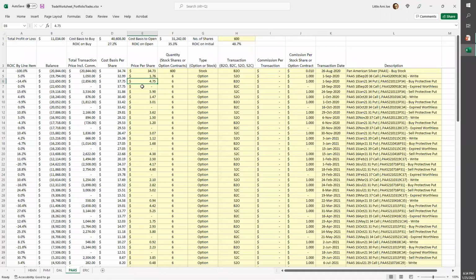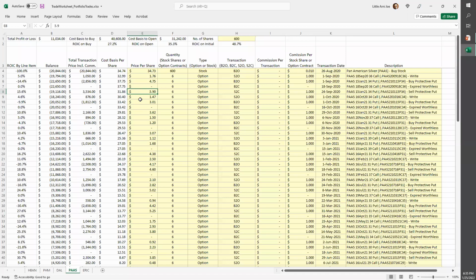Look what happened. On the third Friday of the month, my $1.76 expired worthless, so I got to keep the $1.76. And a couple days later, when I no longer needed to have this protective option in place because I didn't have premium sold, I was able to sell back the protective option for more than I made. Check that out. In addition to making money on the premium, I also have this secondary trade going that not only provides me protection during the days that I need it from September 1st through September 24th, but when I didn't need it anymore, because of the way I purchased it and sold it, I was able to make an additional frosting on the cake profit there.